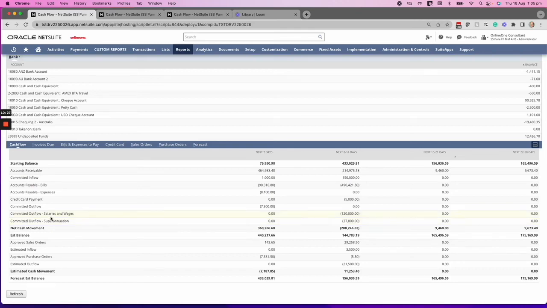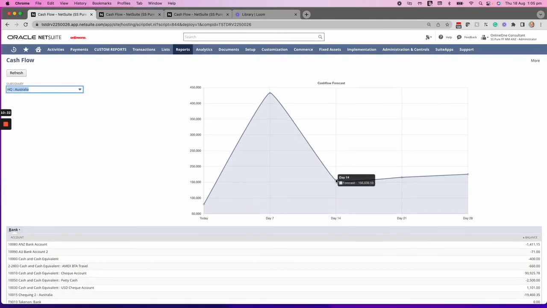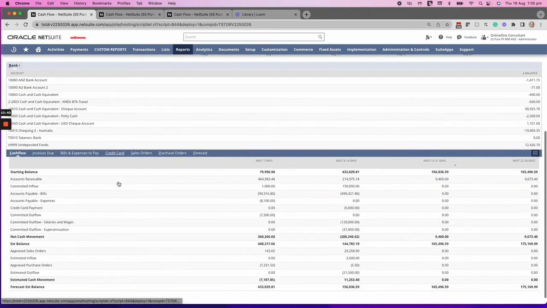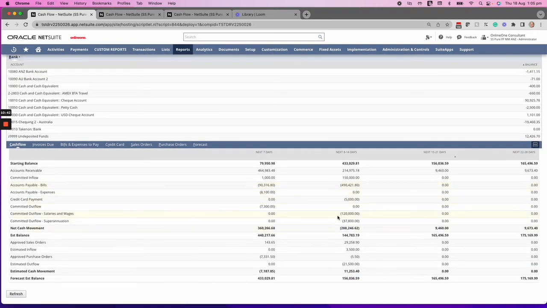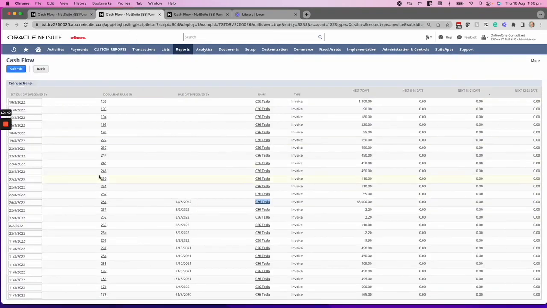I want to look at one scenario just before I close out this demonstration. And we'll notice in this forecast that around day 14, we've only got $156,000 left in our bank account. And we know we've got salaries due around that stage. So that really is a concern. We also know, because we decided to check with them, that one of our larger customers with an outstanding invoice has just said to us they're only going to be able to pay us at the start of September. So if we update the cash flow with the start of September for that balance,